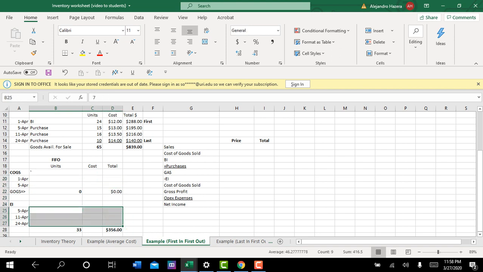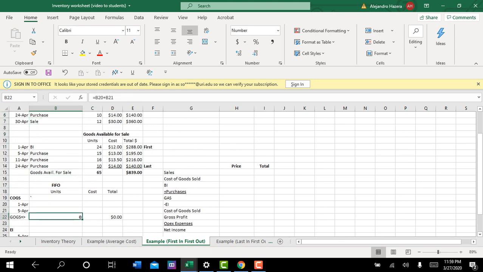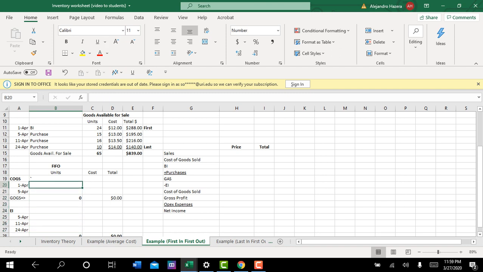Okay, so here is my goods available for sale calculation. Now, these are first. By logic, your beginning inventory, think of it as a line. Think of goods available for sale as a line. So your beginning inventory is first. Your beginning inventory is absolutely first. Okay, and first in, first out. Look at the title. First in, first out. So you could really call this first in,